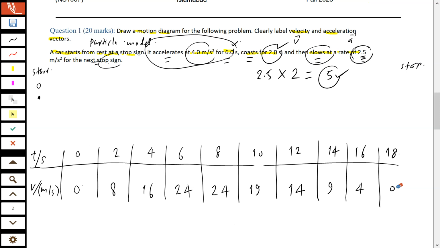Now, one misconception many students have is that because they have this calculation in their mind, they will just draw these vector arrows for the velocity. So let's say here I write v for the velocity vector, and I say that initially it is 0, so it will be of 0 length. You know that convention, and then you will use the length 8. But that is not a good idea. You know why? Because let me show you